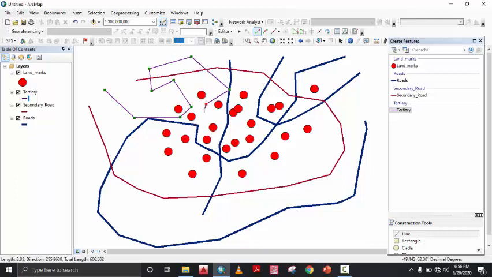So I am just marking that one. This is the tertiary road there. So in this way you can mark the different roads: secondary, tertiary, and then the primary one. So basically I have marked them. Today we have learned how to create a shapefile, how to draw a primary road, and how to draw secondary and tertiary roads. In the next video we are going to learn how to make a polygon, and further how to digitize them.